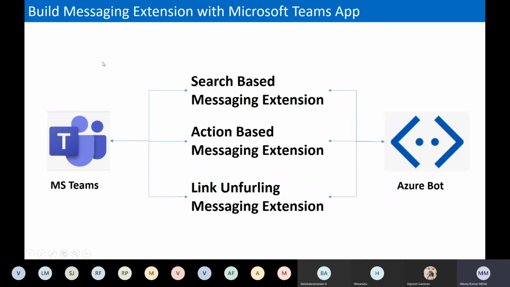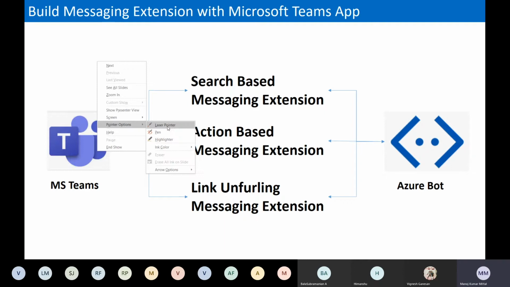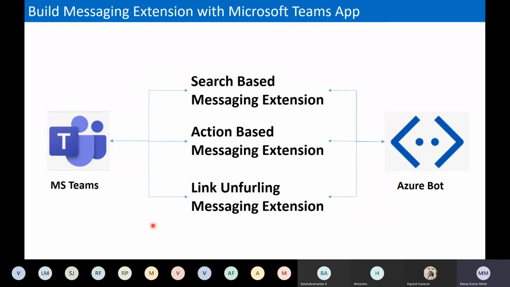Okay, so as you can see my screen, messaging extensions have three types. It just provides three categorizations. Two are the important ones here, the first being the search-based messaging extension: how we do any activity search on the web interface and get the results at the search interface. Action-based means when a user wants to perform particular actions, when any conversation is happening,